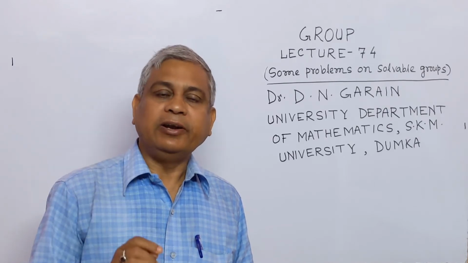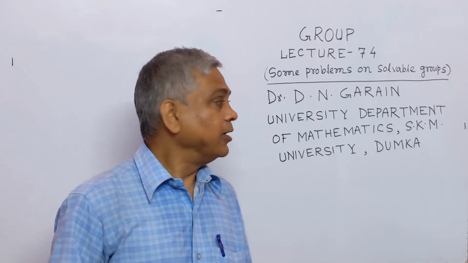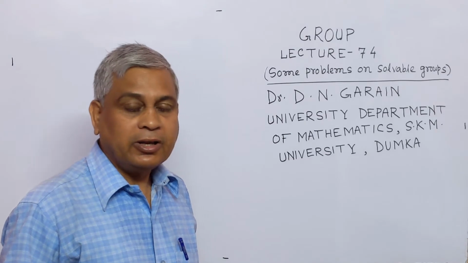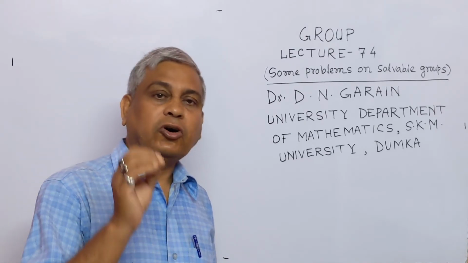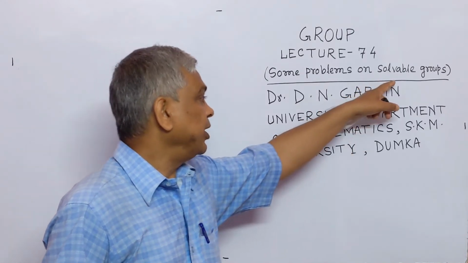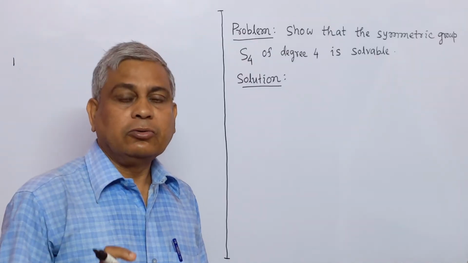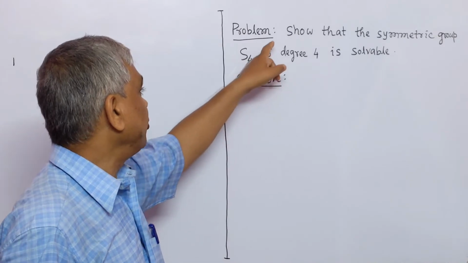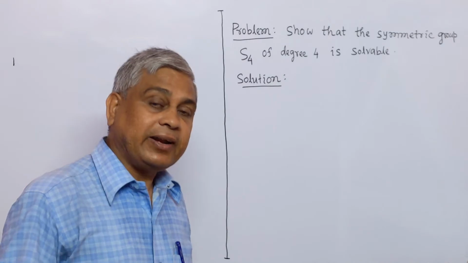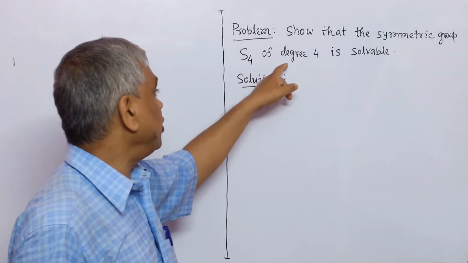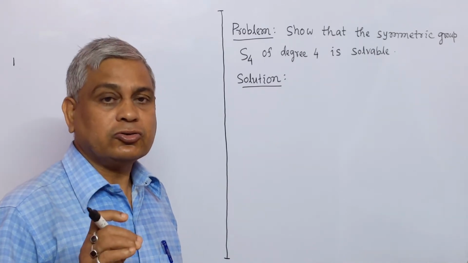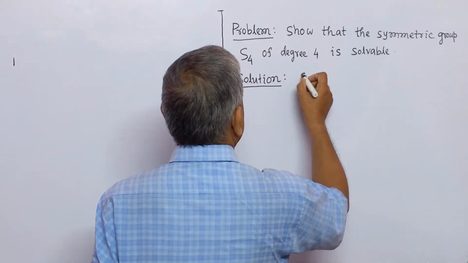Today I will deliver group lecture number 74, in which I will solve some problems on solvable groups. Now we solve a problem. The problem is to show that the symmetric group S4 of degree 4 is solvable. Now we solve this. Since